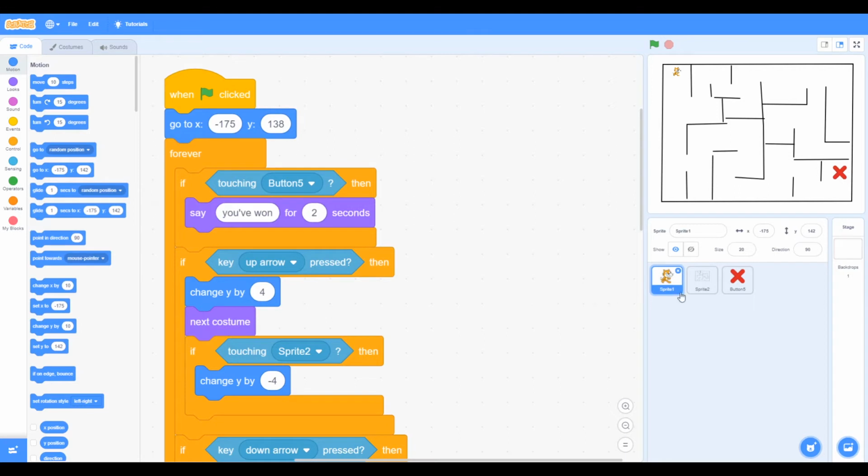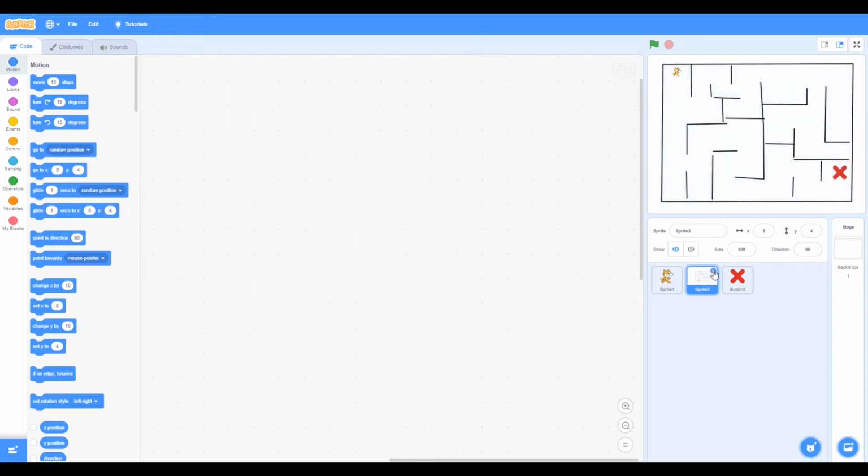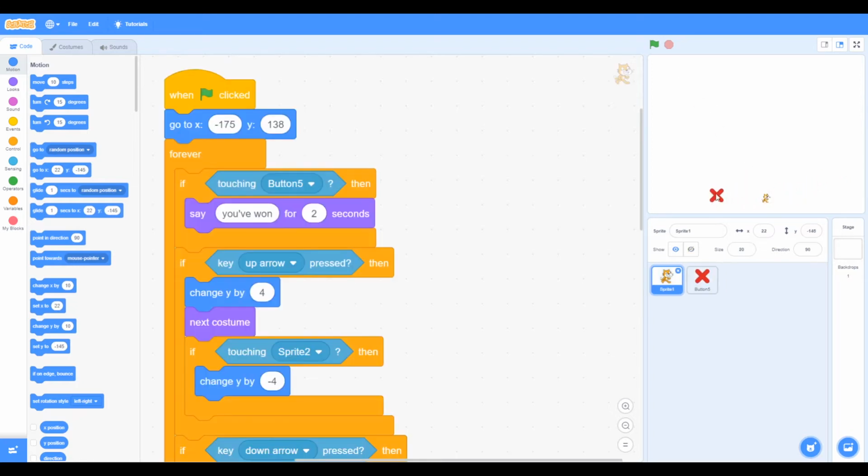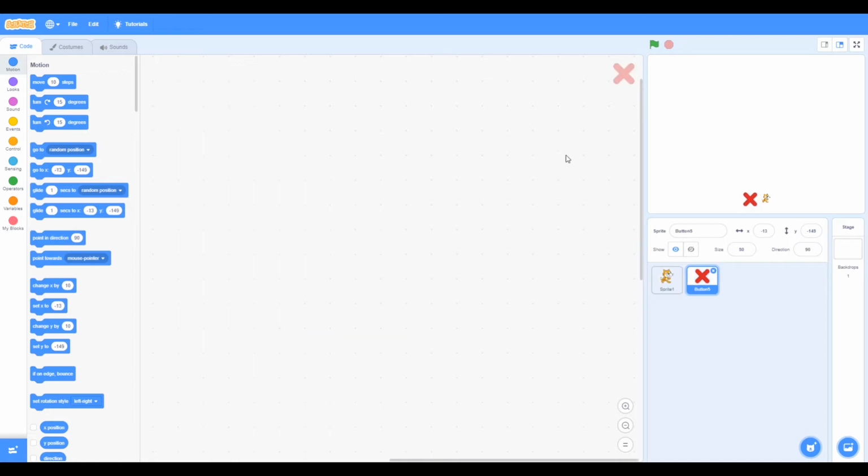So we can start off by deleting the maze. So now we have the end and we have the cat. So now what we need to do is create the race track. Let's go to the paint editor